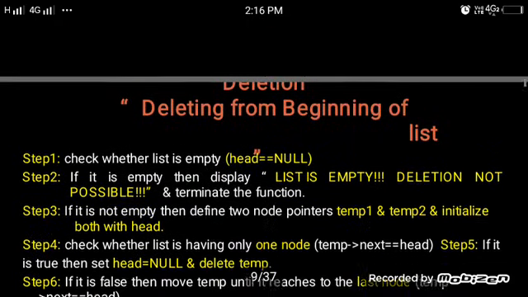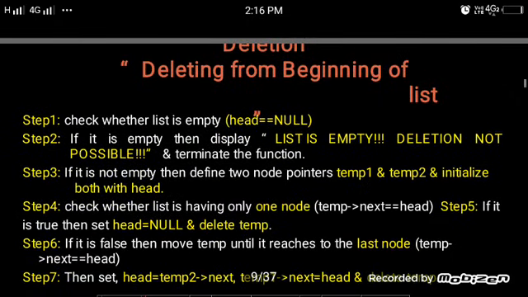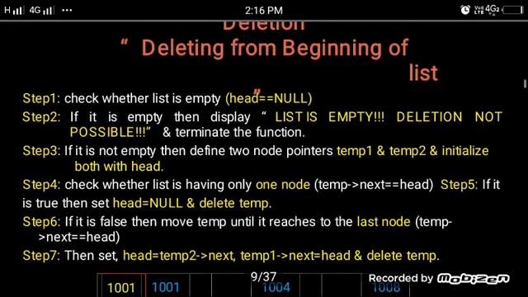Next is deletion from the beginning of the list. How do we delete from the beginning of the list? First check whether the list is empty or not. The condition is head is equal to null.